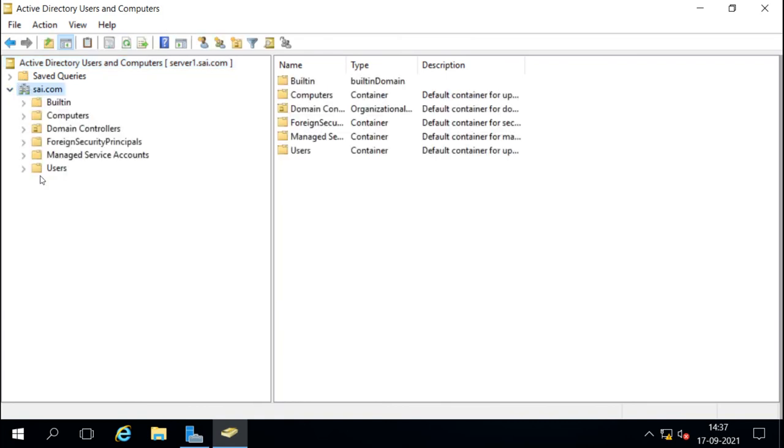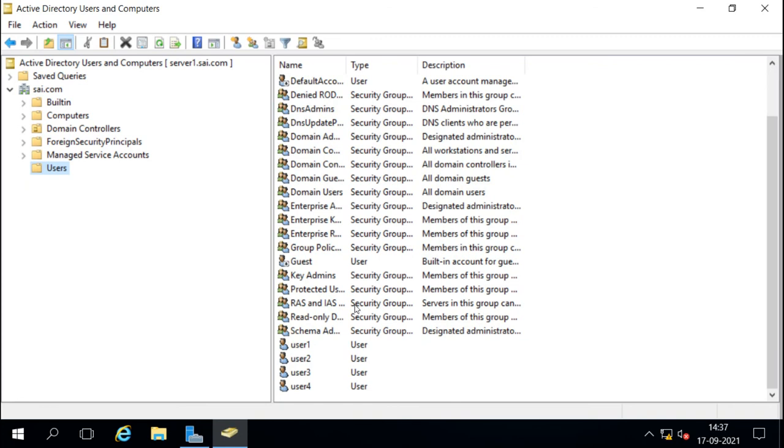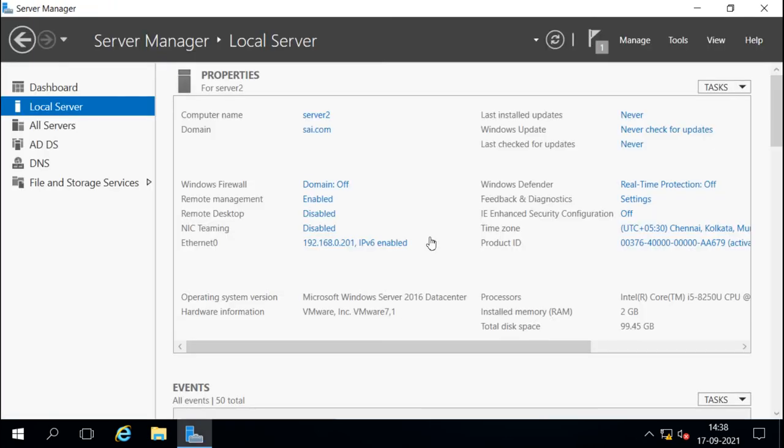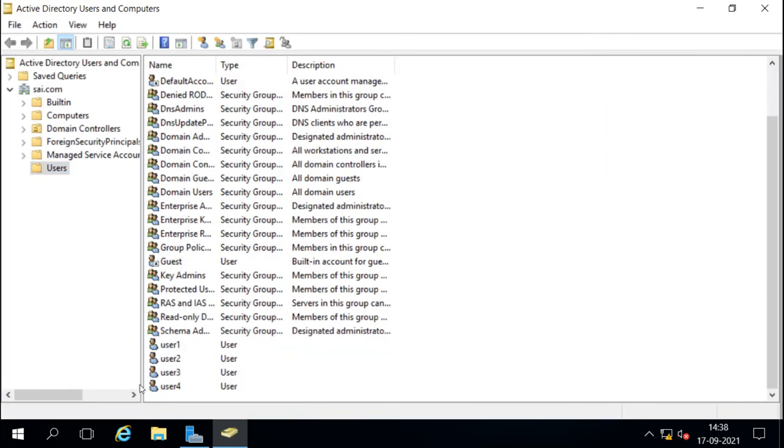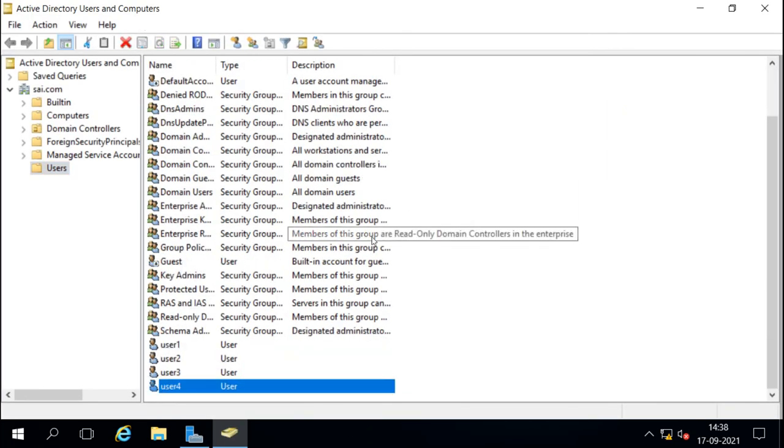So the user is back on server 1, and it is also replicated to the other domain controllers. If we go to server 2 and open Active Directory Users and Computers, we can see the user is also back here. Now remember, if you don't do the authoritative restore, the user will not come back. It will actually be deleted again because of server 2.